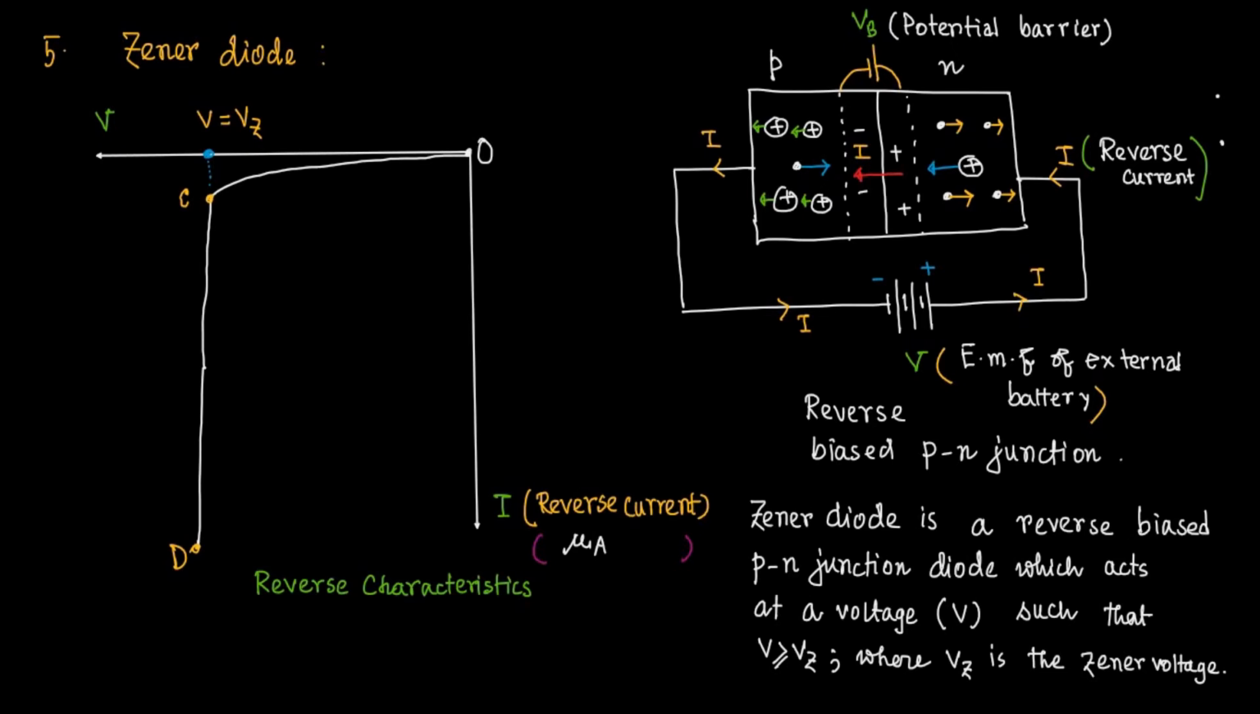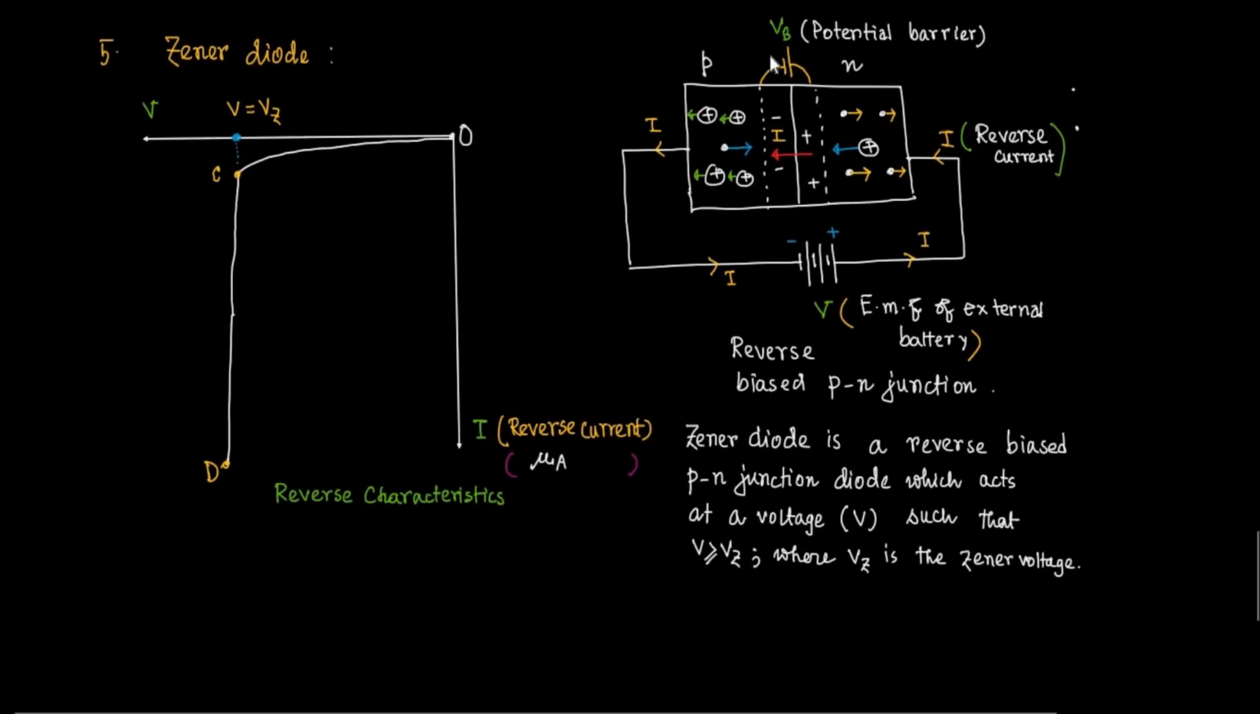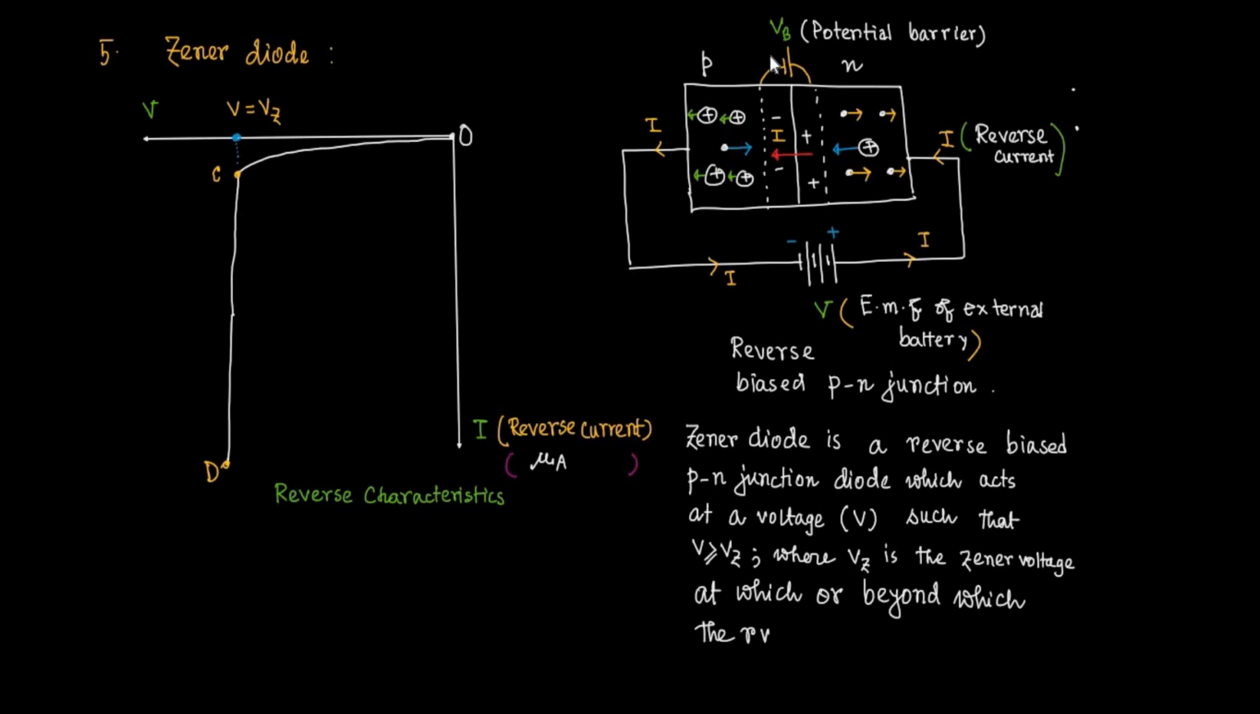Zener diode is a reverse biased PN junction diode which acts at a voltage V such that V is greater than or equal to Vz, where Vz is the Zener voltage. Is the Zener voltage the voltage at which or beyond which the reverse current changes in what way? Slowly or abruptly? Abruptly. The reverse current increases, obviously negatively, abruptly, almost parallel to the reverse current axis,